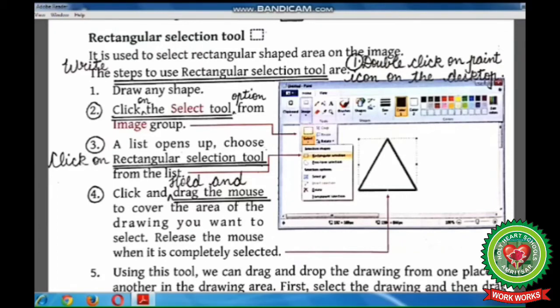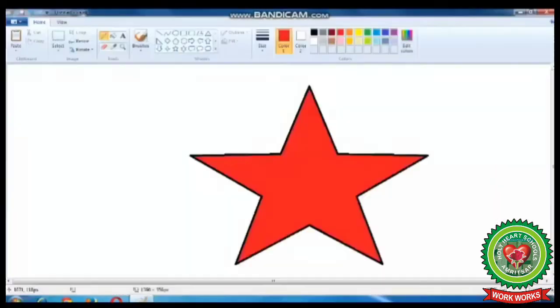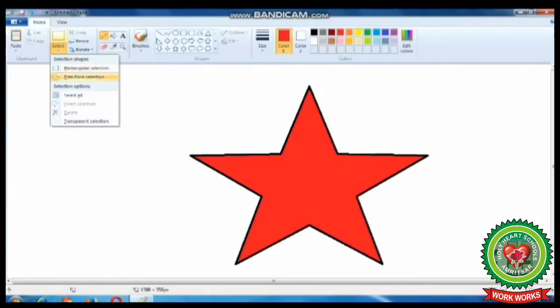Now let's see the use of freeform selection tool. Now children, second tool is freeform selection tool. It is used to select irregular part of drawing. Again, under the image group, click on select option and choose free form selection.